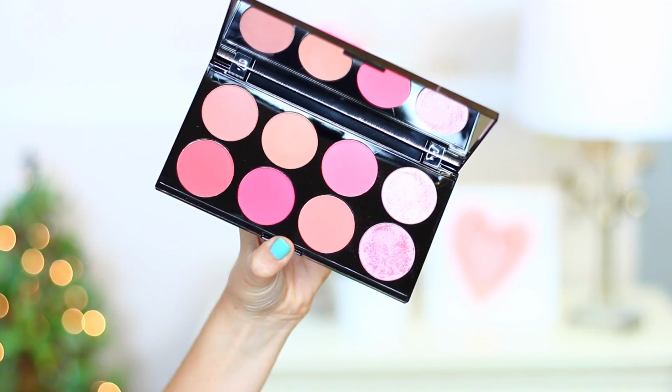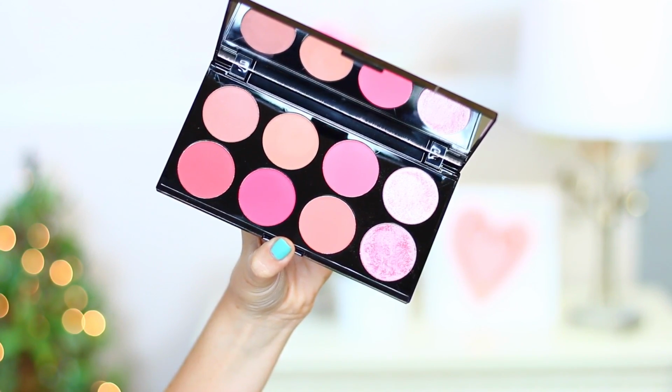And then the other palette that I got from Makeup Revolution is the Sugar and Spice Ultra Blush Palette. This was another Emily Eddington recommendation, and this was so funny. I actually wanted to use it yesterday, and I went ahead and opened it, and down in my room, I think it was just the lighting because I looked at it, and the colors did nothing for me. They all looked super deep and none of them looked super bright and summery, so I was just kind of put off. But I opened it today as I was getting ready just to take another look at it,